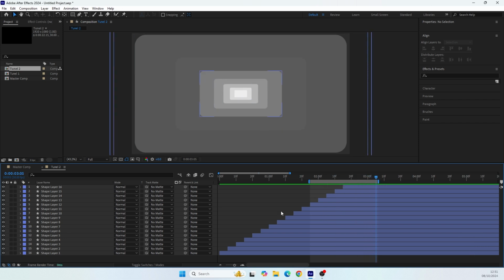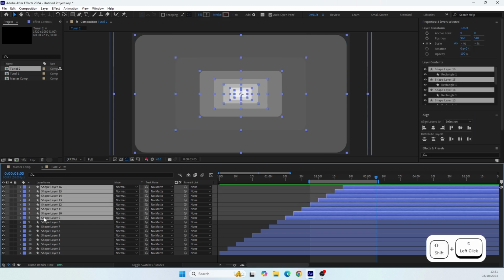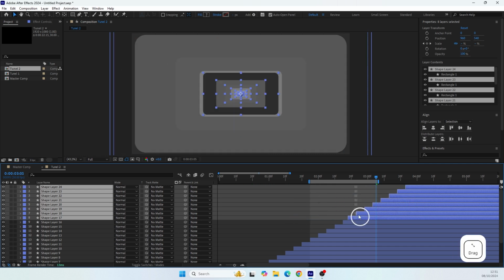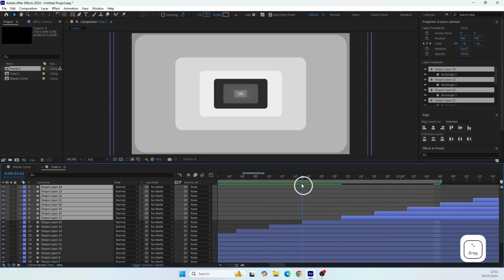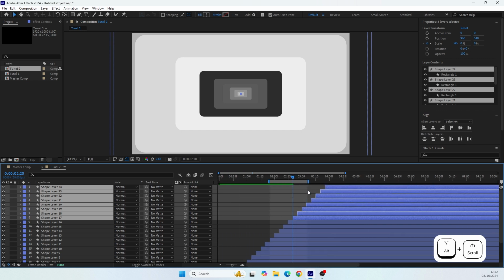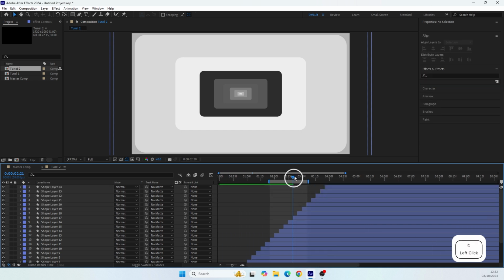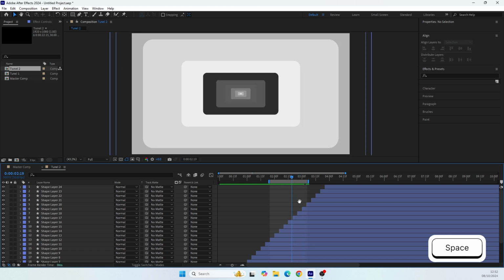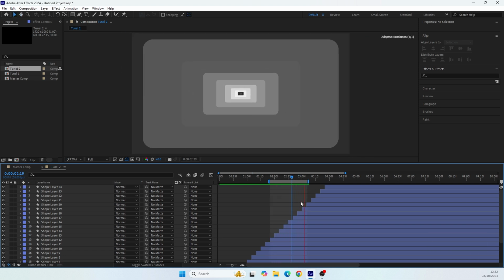So to fix this, all we need to do is duplicate our 8 layers once again, bring them upwards and delay them by 5 frames. And this is how we can get a nice, actually looped animation without any problems.